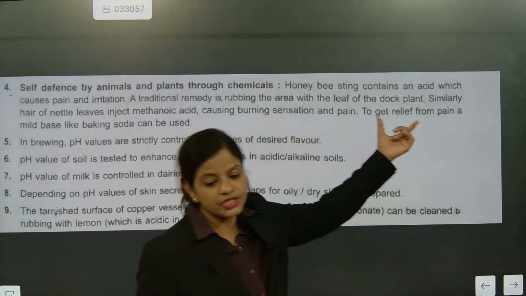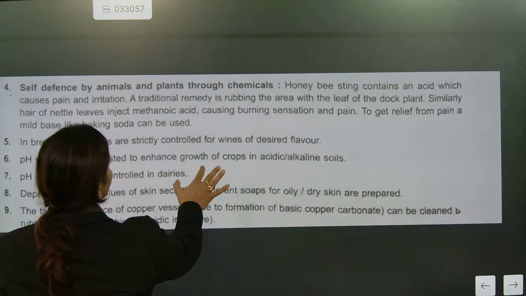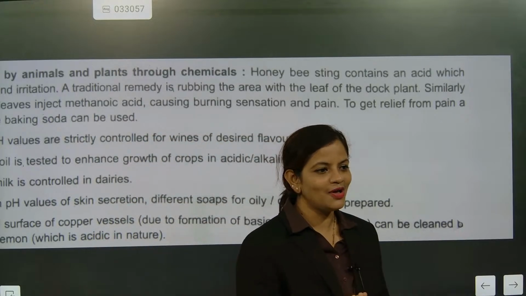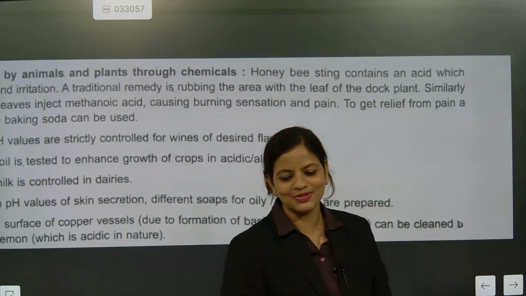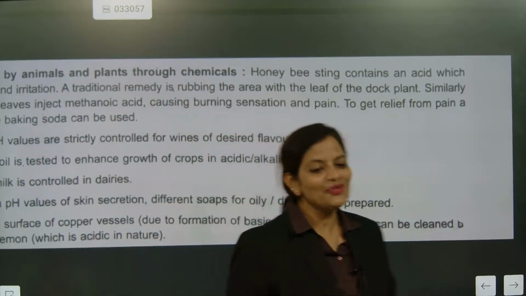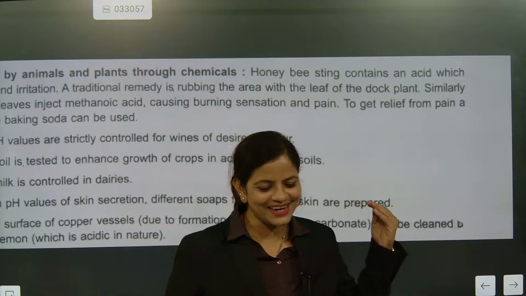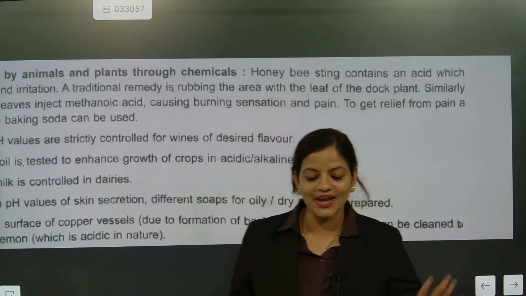See, remember in MCQs, sometimes they ask these questions. You remember rubbing the area, but you must know what a dock plant is. Without a dock plant, you will rub any other plant, and my story is over. I am not responsible for that. Understood? So first you ask the plant, what is your name? Dock plant or not? After that, take the leaf of the plant and rub, or immediately go to hospital. Don't do any unwanted work.